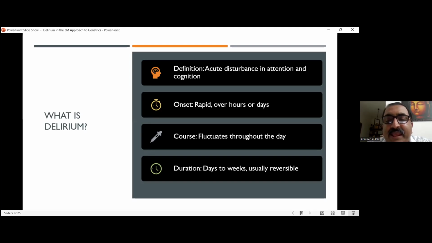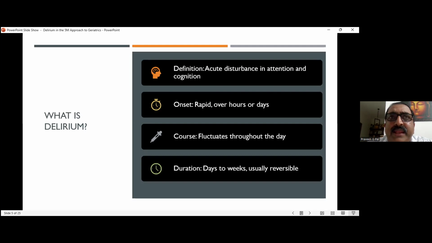It is usually days to a week and usually reversible. Usually. Sometimes delirium is towards the end. It carries a very bad prognosis. Sometimes somebody who goes into delirium has a very bad prognosis. So prevention is always better. It should always be done. Otherwise, if good care is taken, delirium is usually reversible. The person comes back, and it's days to weeks.